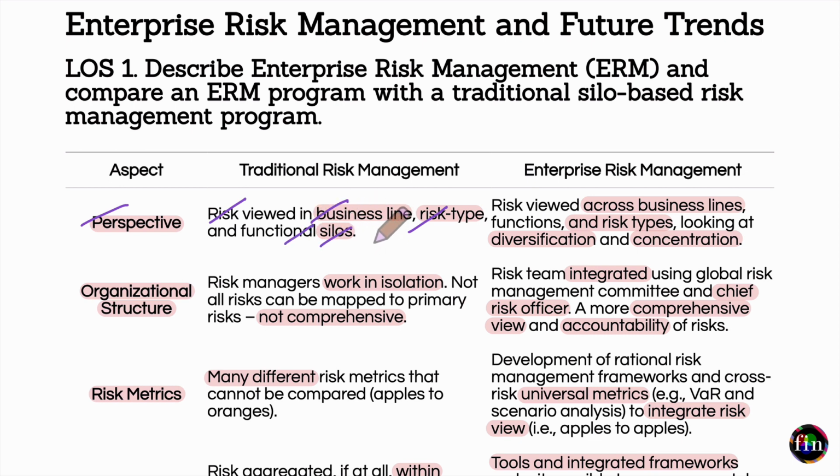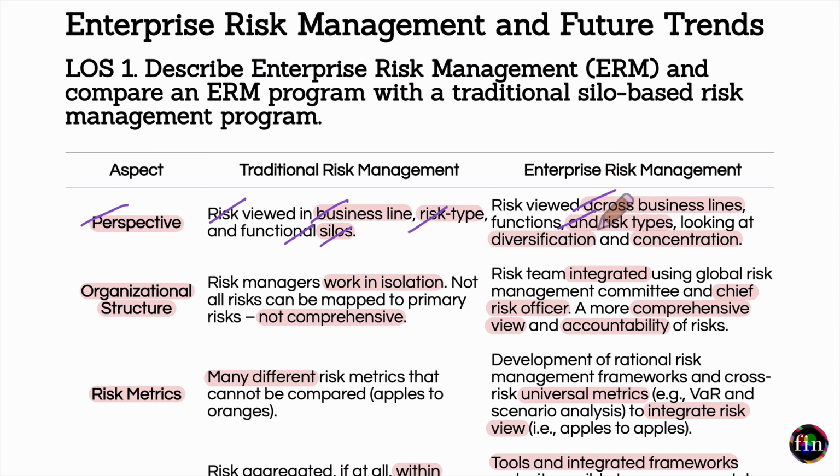Okay, you don't have an integrated and aggregate view of risk. Okay, your view of risk is at the business line or let's say individual risk type level. Then when you talk about enterprise risk management, your view of risk is across business lines and it is across